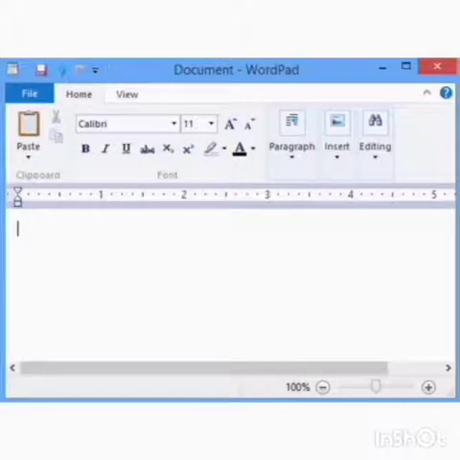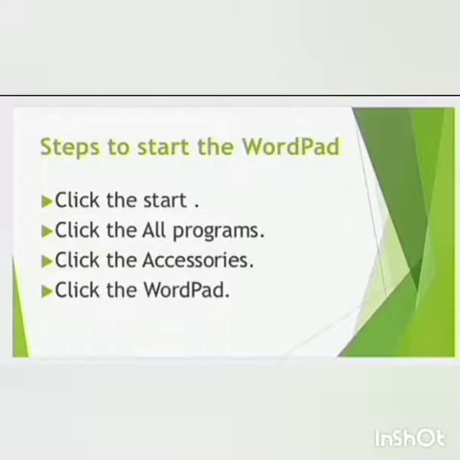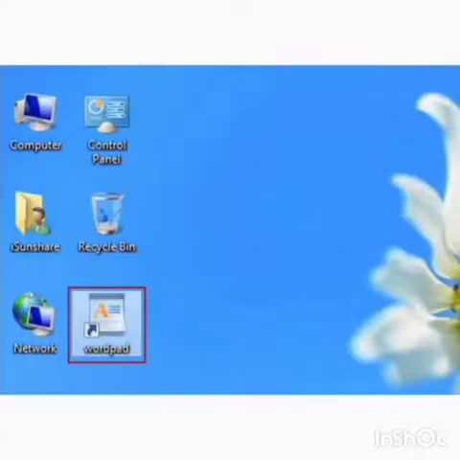A WordPad window will appear on the screen. Another way to open WordPad window is to double click on the WordPad icon on the desktop.